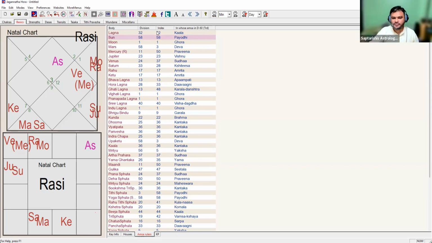It means Sun is a planet which actually holds the capability that it can dissolve any kind of problem in this chart. Jupiter is having Vishnu Tattva in it, Vishnu Amsha. It is a benefic Amsha. Okay, you can do some remedies regarding Vishnu, but Payodhi is better than this. And Agastya Rishi is also showing the Tattva of Vishnu only.